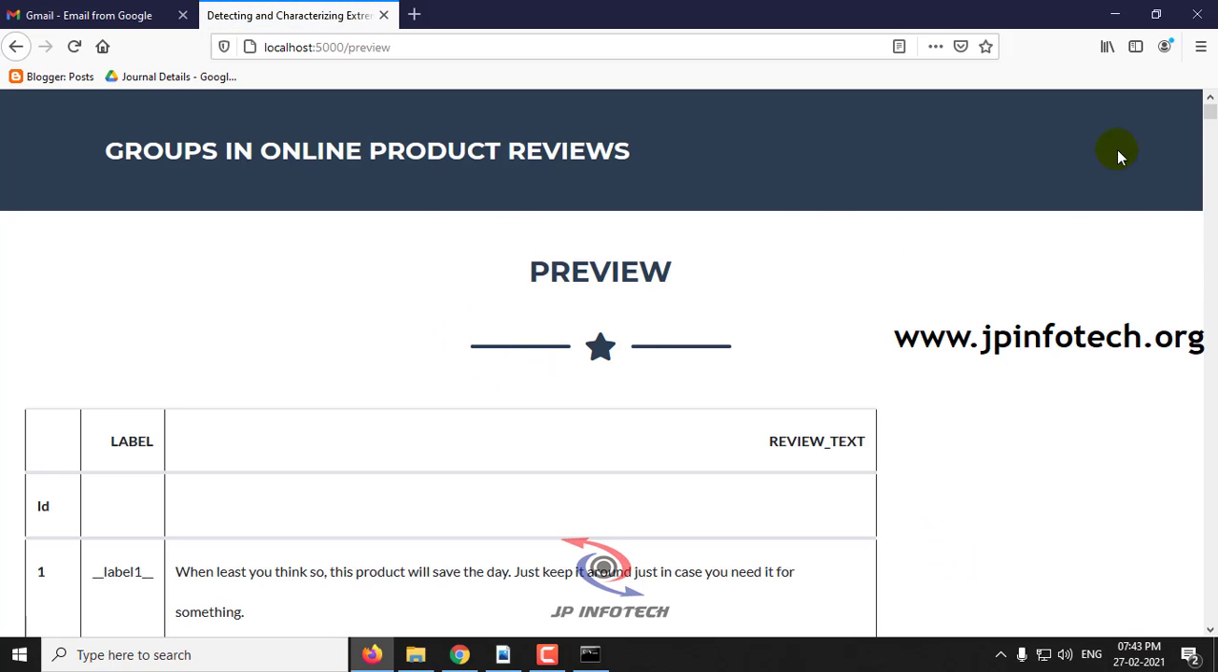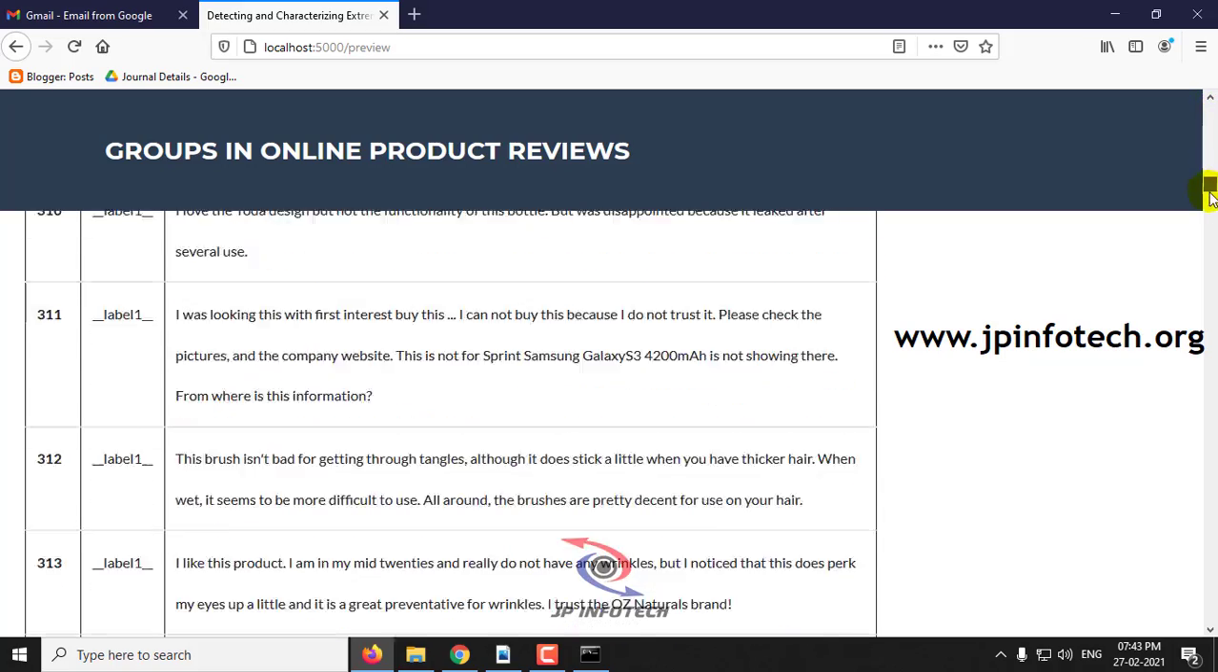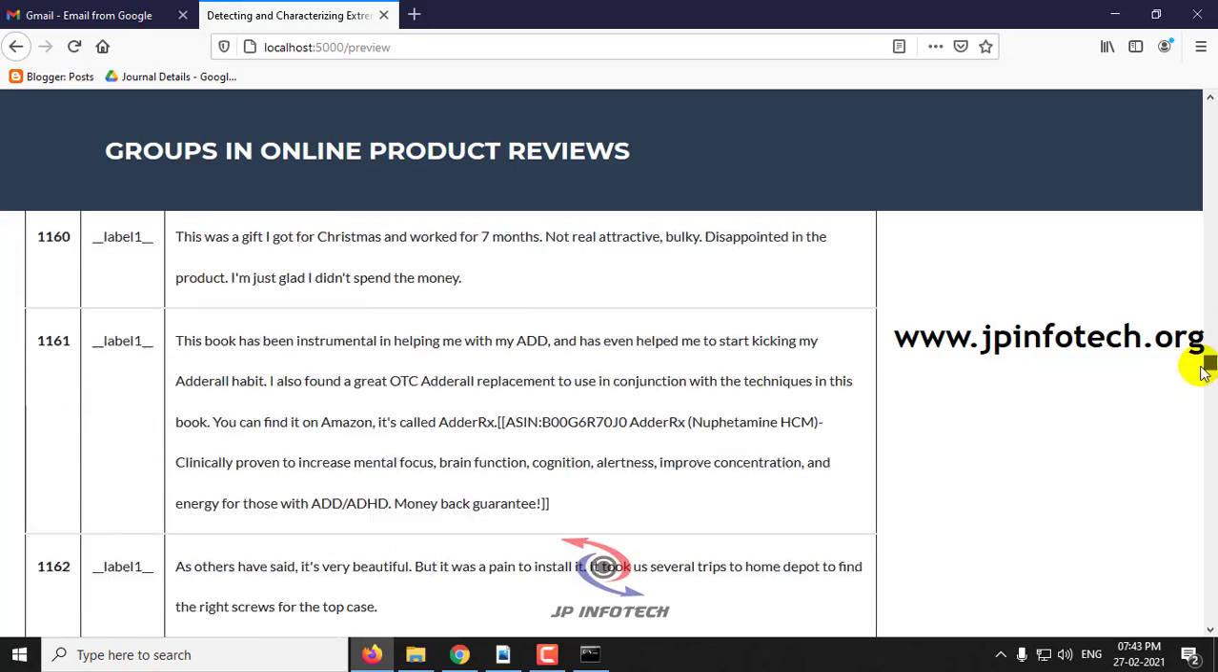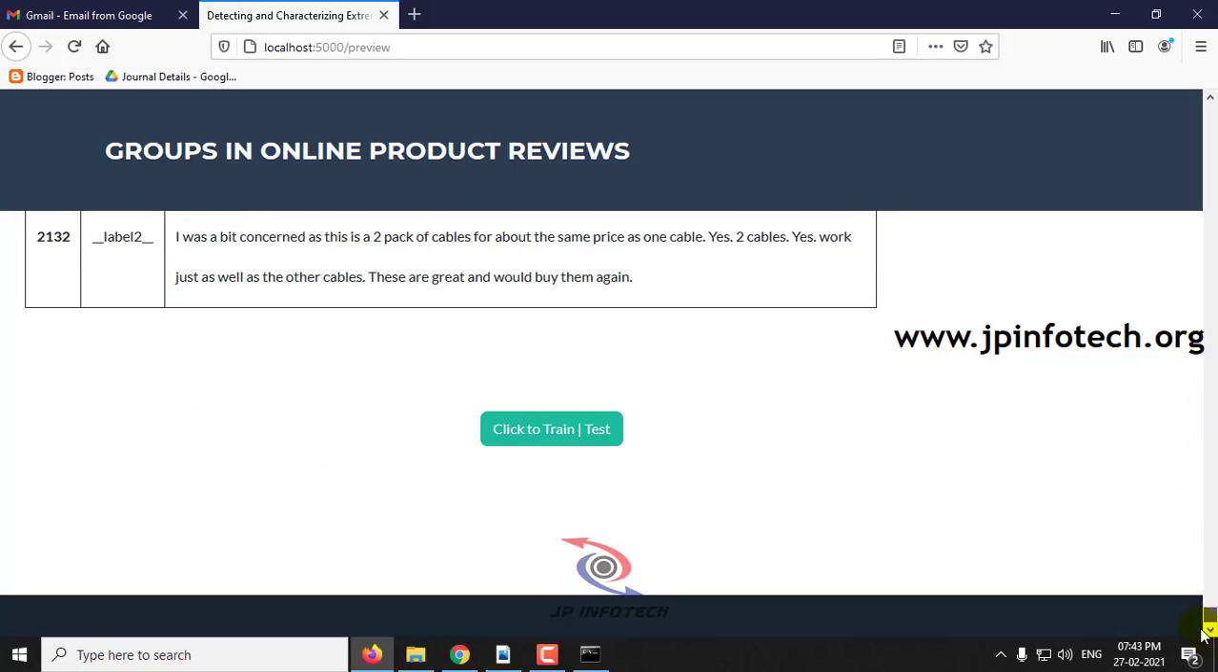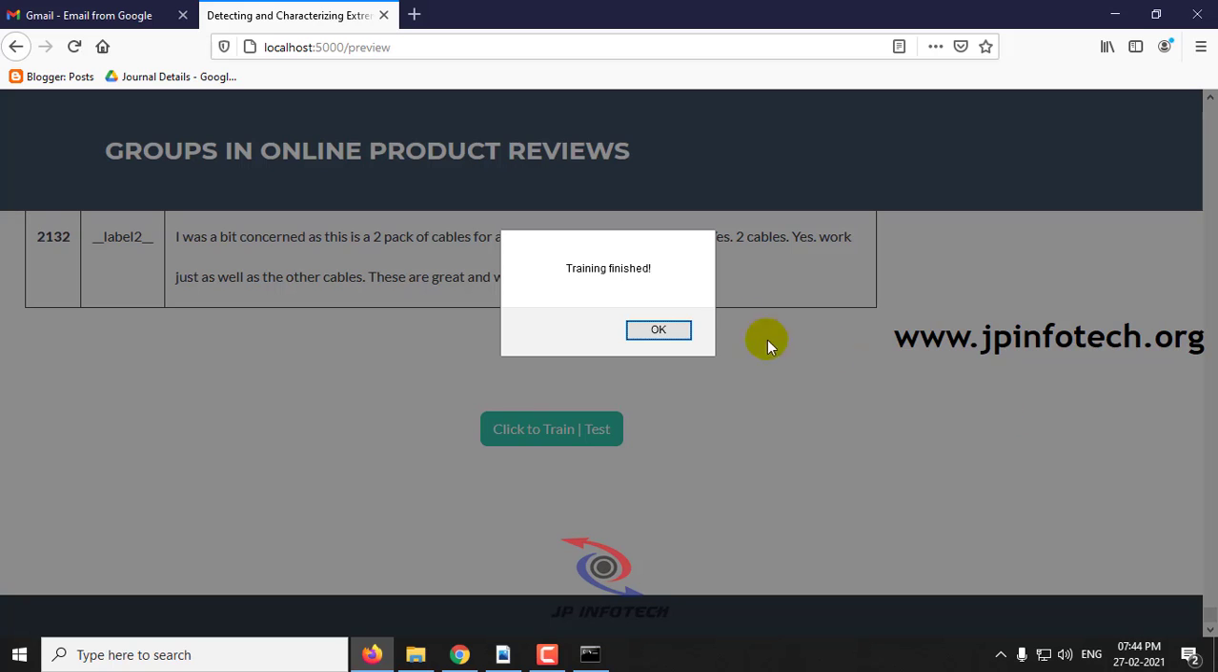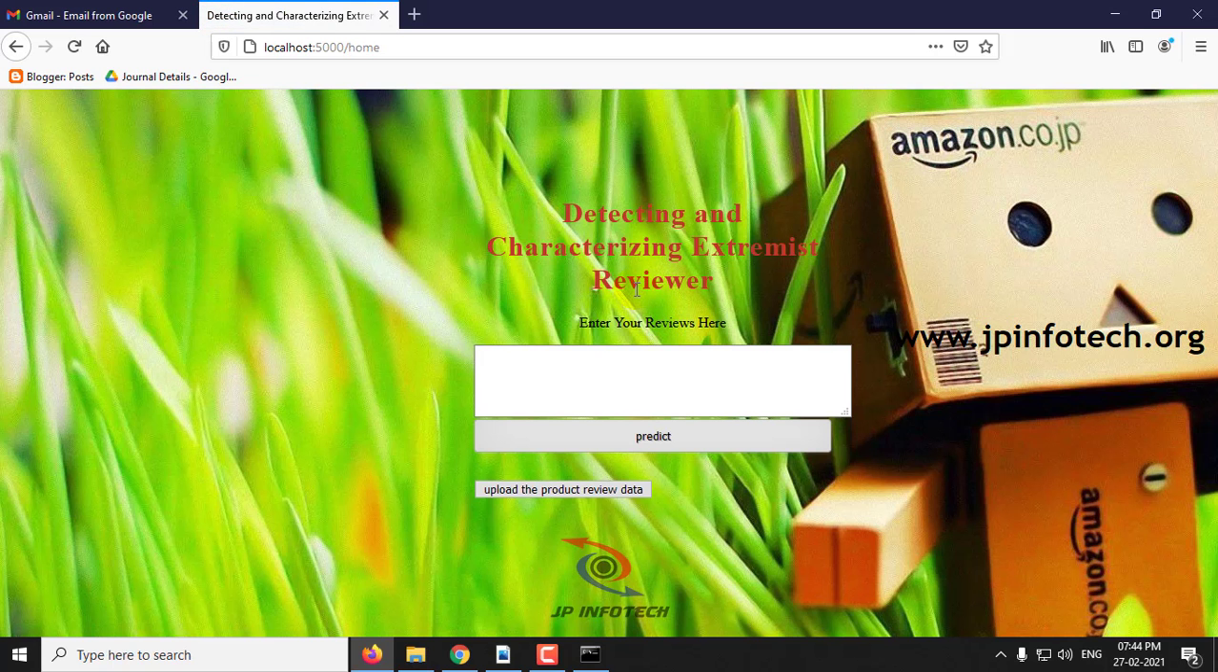Here you can preview the data set. You can just scroll down till the end of the page and you can see the complete data set is being loaded, and click train. And now you can see the training is finished, and click OK. Now here you can predict